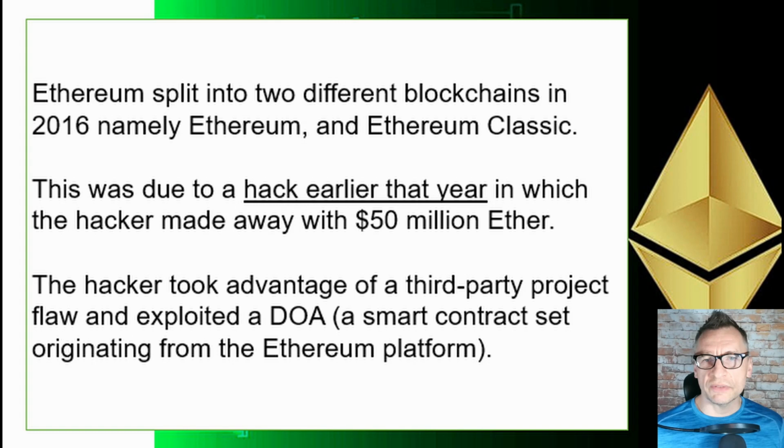Ethereum split into two different blockchains in 2016, namely Ethereum and Ethereum Classic. Ethereum Classic is the original chain. Ethereum that we know now is the second one, the fork, actually. This was due to a hack earlier that year, in which the hacker made away with 50 million Ether, or $50 million worth of Ether, rather, I should say. The hacker took advantage of a third-party project flaw and exploited a DAO, a smart contract set originally from the